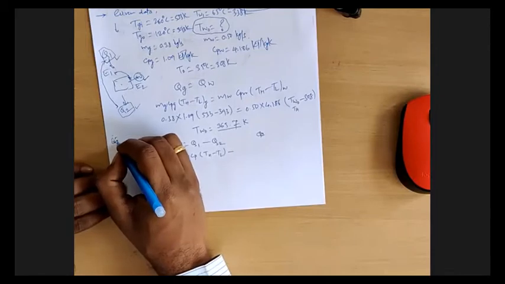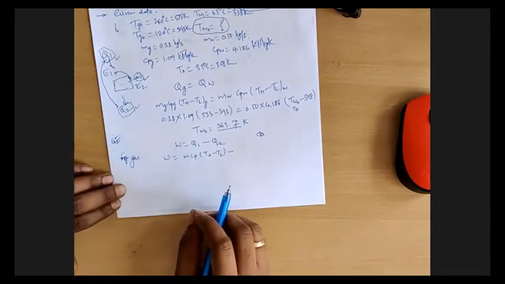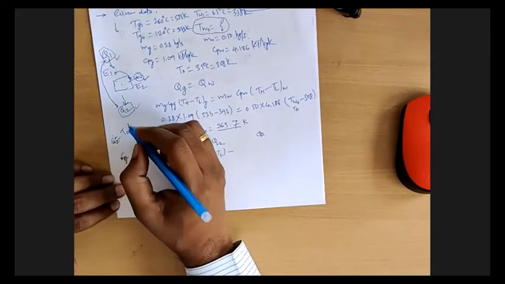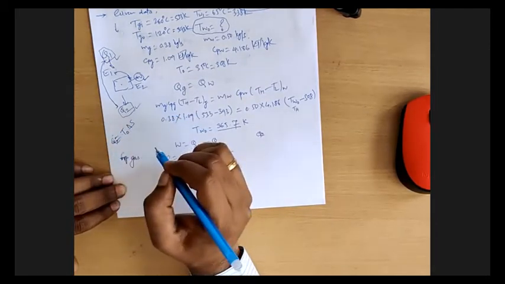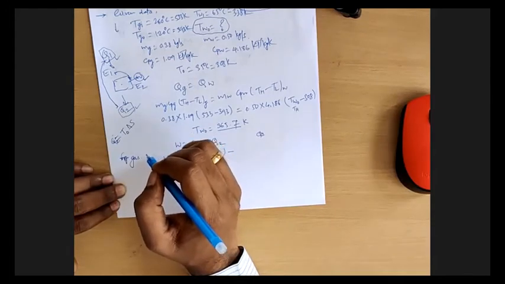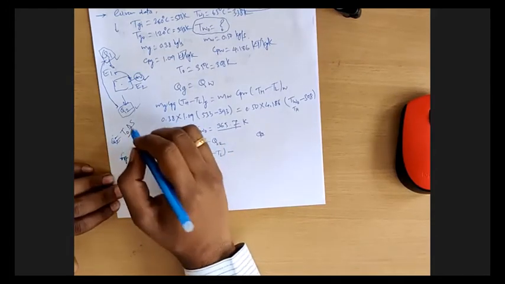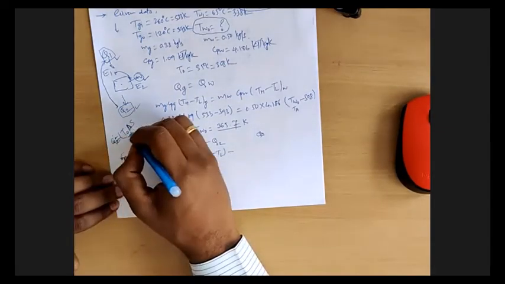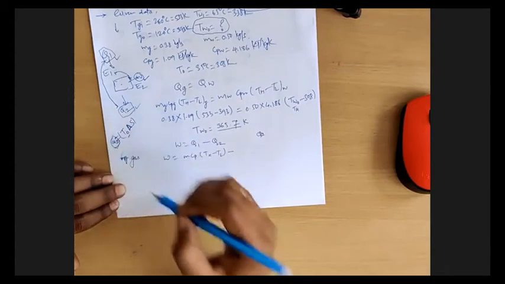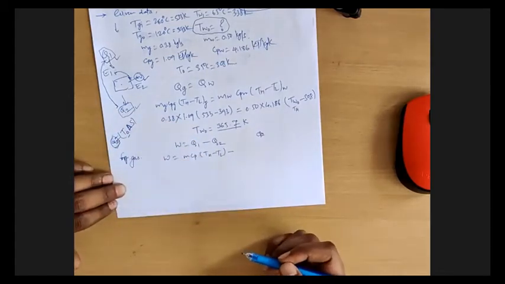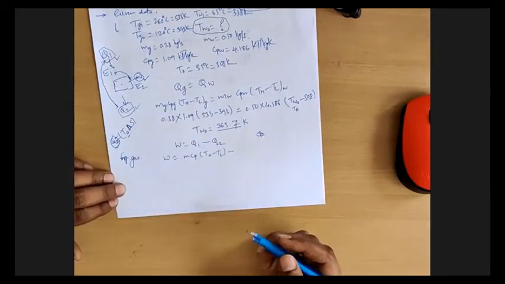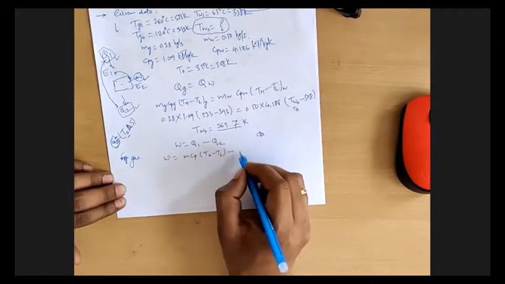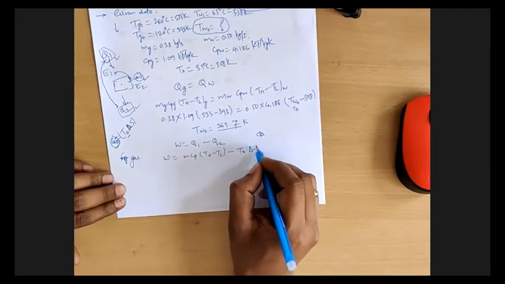Q2 is the minimum amount of heat to be rejected to the atmosphere, and that is also a product of the minimum temperature at which heat is being rejected to atmosphere, that is atmospheric temperature, multiplied by change in entropy during the process. The product of those two is also called Q2. That is the total amount of heat that has to be rejected to the atmosphere. So that relation I am going to use over here. So T0 into delta S.